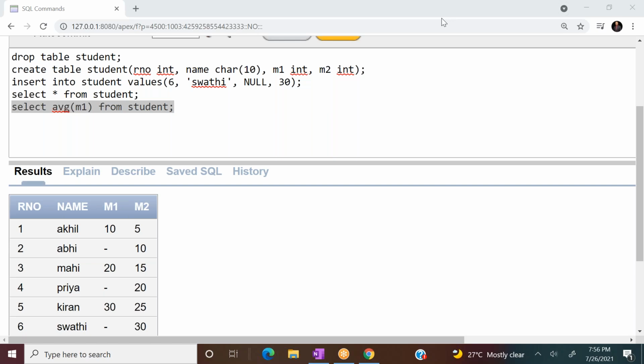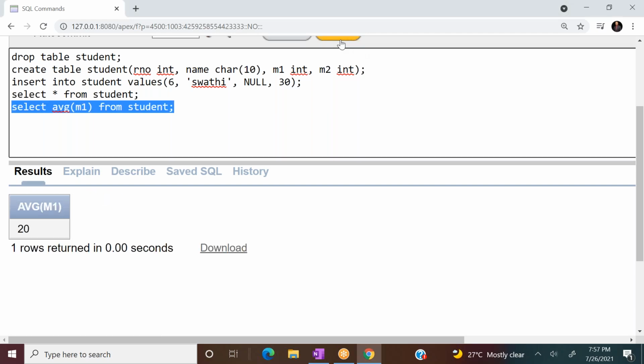Why? Because average is the sum of values divided by the number of values. How many values are summed up? 3 values. So 10 plus 20 plus 30 by 3 will give you 20. See, average of M1 is 20.